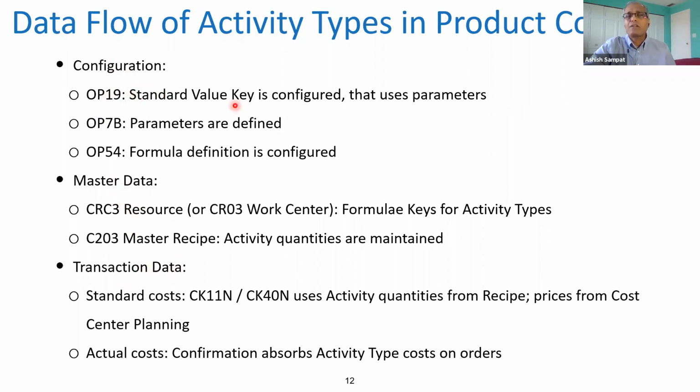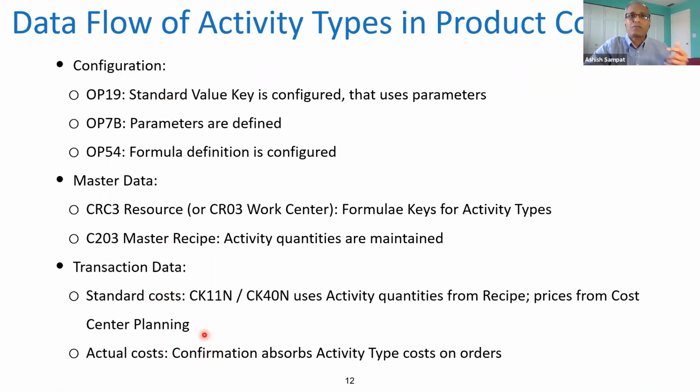Within configuration, we'll look at standard value key and the parameters and the formula definition. And within master data, we'll look at the resource master or the work center master, where the formulae are maintained, and then how the recipe uses that information for the activity quantities. And finally, we'll look at the transactional data for standard costs, how this information all comes together, and then finally